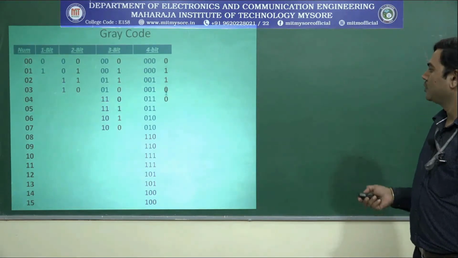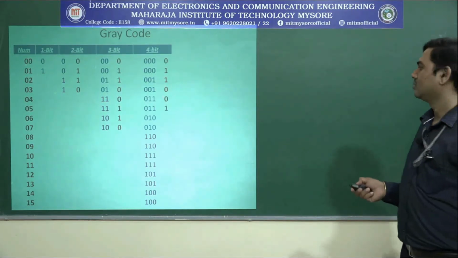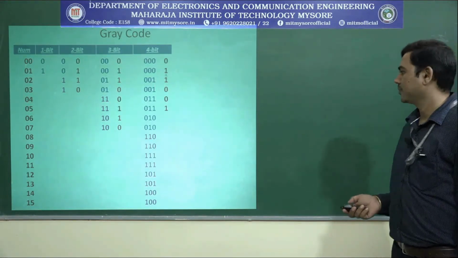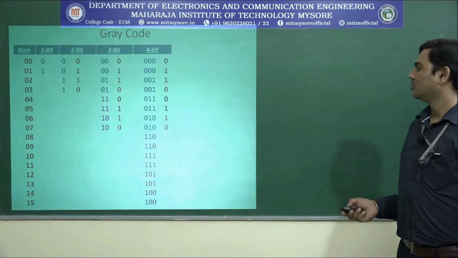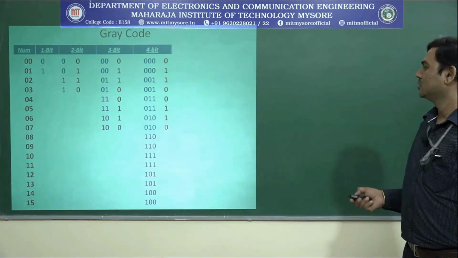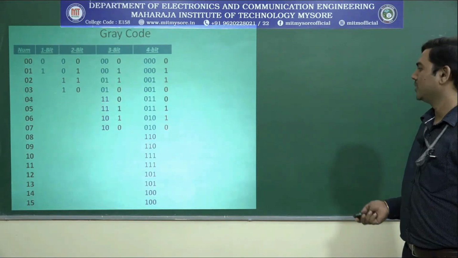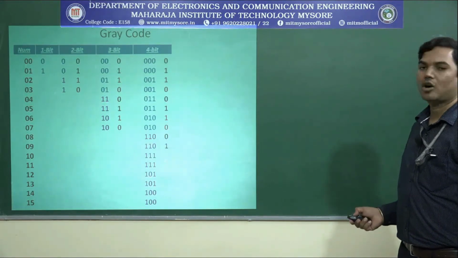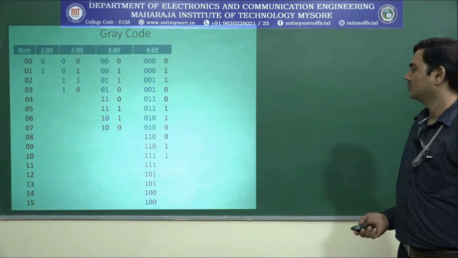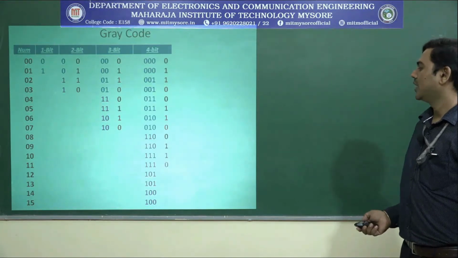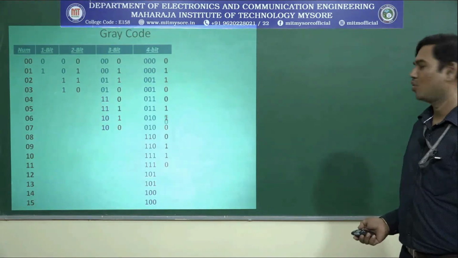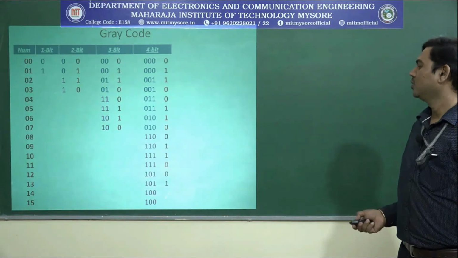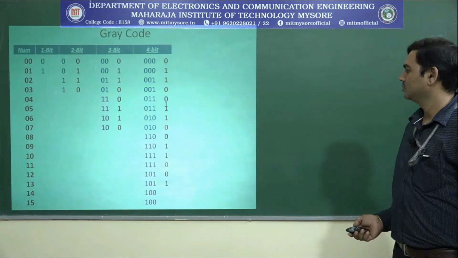So that's why I have used different colors here. 1 0 brown for 0 1. It is the mirror image. What should be the next 2 bits? 0 and 1. 0 should be here, 1 should be here. Other 2 bits should be in the order 1 0. Next it should be 0 1. The last bit should be 1 0.